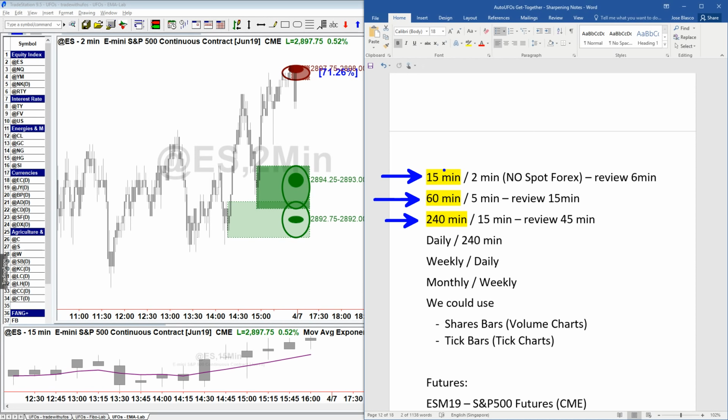So first of all, this column, right, with the 15, 60, and 240, this column represents the common timeframes that every single platform in the world has available and that people can use and trade with. So what are those timeframes going to be used for? Well, they're going to be used for you to plot your 9 EMA.